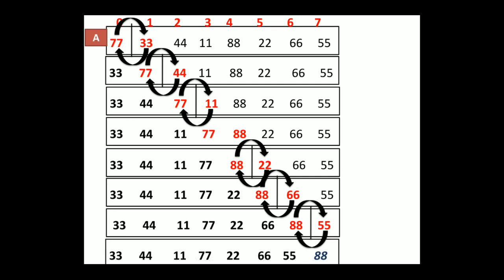So the last comparison is between the last two elements, and here we see that after this pass we have the largest element at the end of this array, and this is the correct position of this largest element. So you can see here that at the end of pass 1, the largest element gets its correct position. But we will not end here. You can see that the array is still not sorted, so we will do the same process again in pass 2.